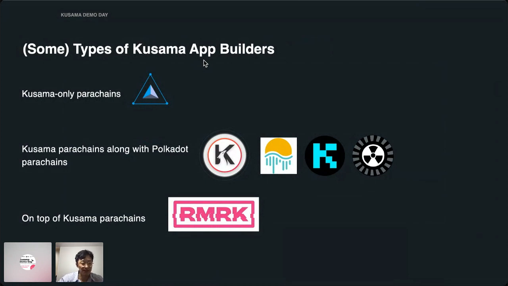Right now, the broadest subset of Kusama builders, though, are still people who are building Kusama parachains to go along with their Polkadot parachains. These are most of the well-known builders in the ecosystem, like the Auroras, the Moonriver, the Kalas, and the Genshiros, for example. The reasons why people would want to build Kusama parachains along with their Polkadot parachains are manifold. This could be, for example,